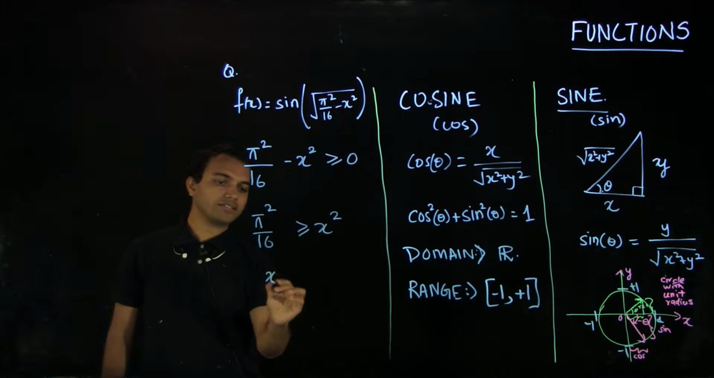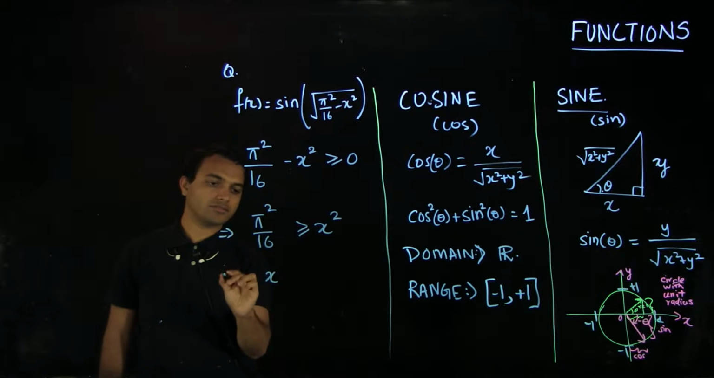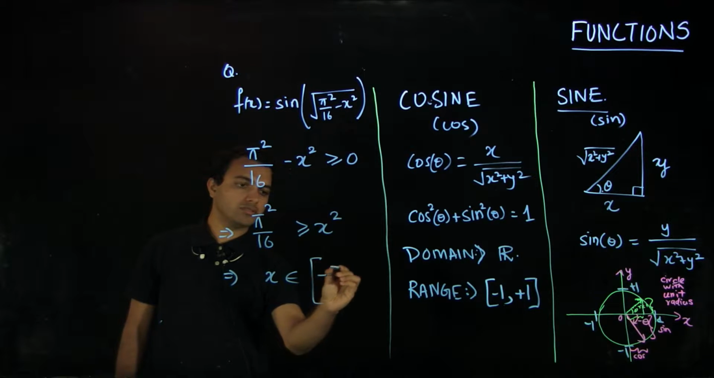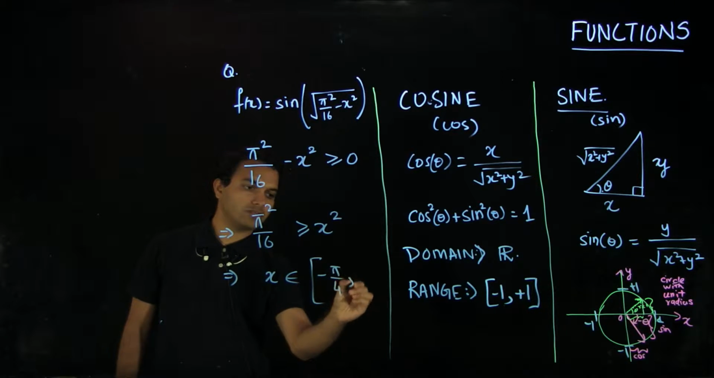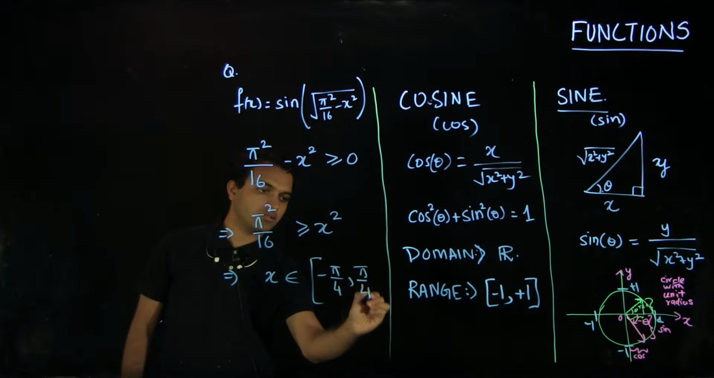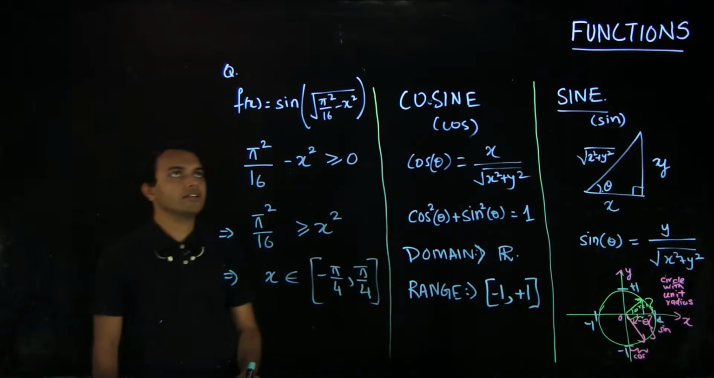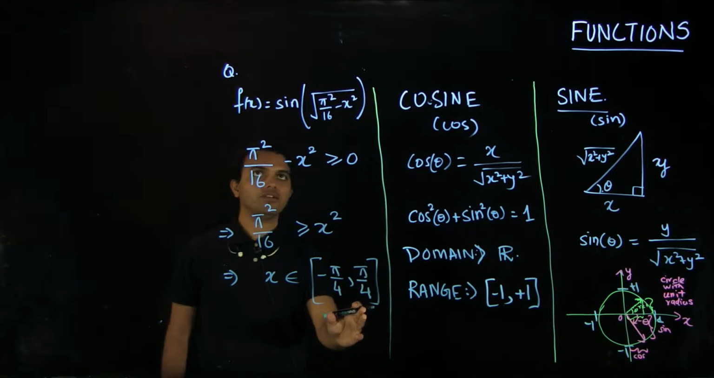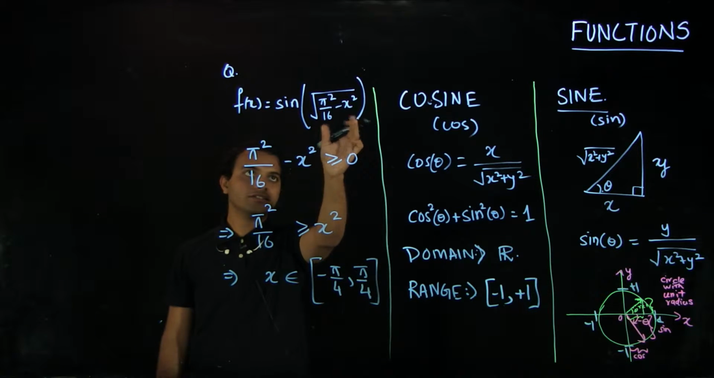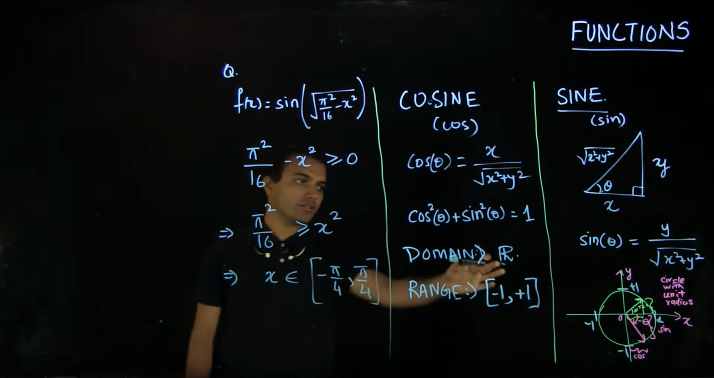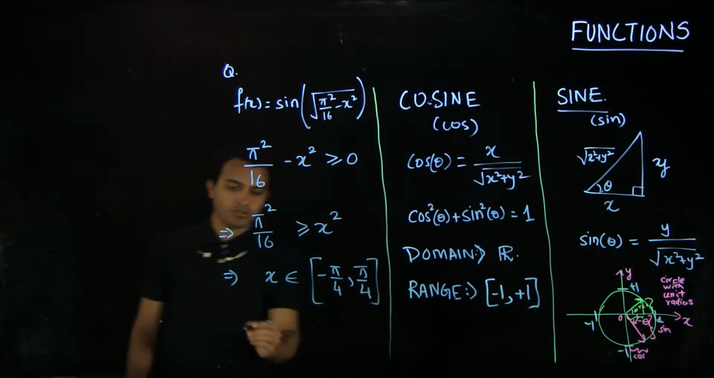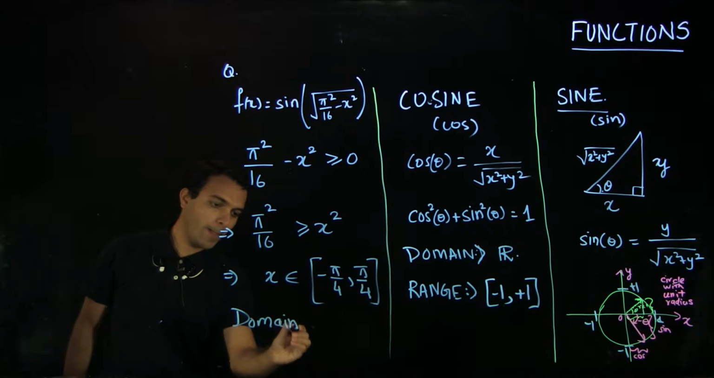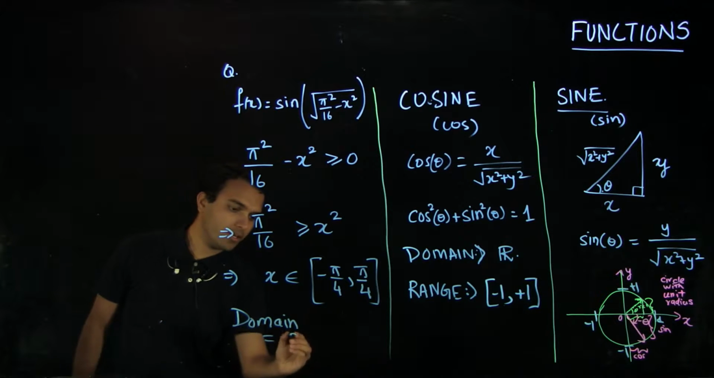This implies x belongs to the interval from minus pi by 4 to pi by 4, and if x is between minus pi by 4 and pi by 4, then the argument is positive and sine does not impose any restrictions on that. So the domain of this function is given by